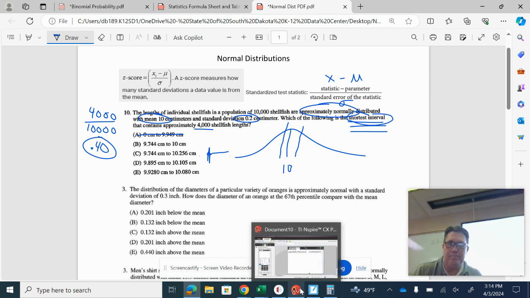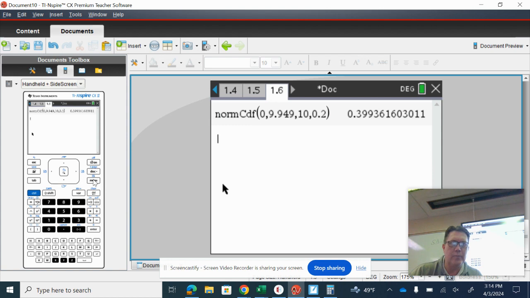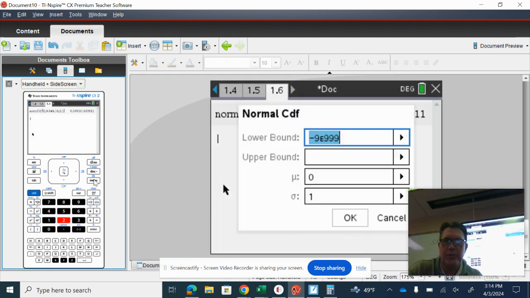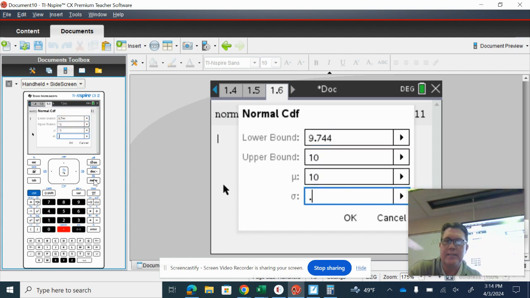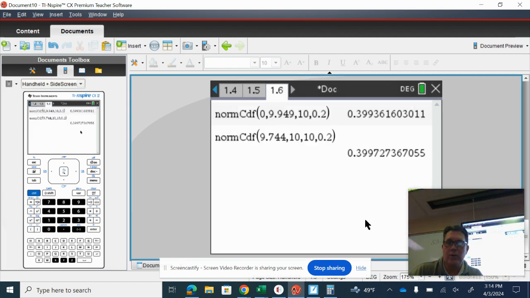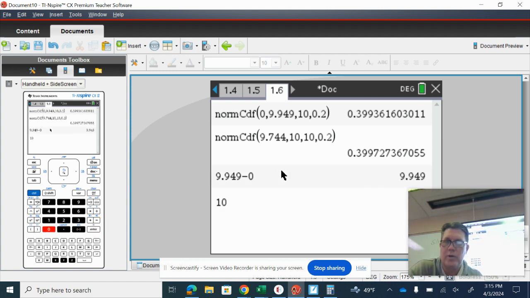If we do part B, and we go menu 6.5, we do number 2, 9.744 to 10, mean is 10 and standard deviation is 0.2, and we find that area, that's also about 40%. And that's a lot shorter because the first one, we take 9.949 and we subtract 0. We're looking at the distance away. That's 9 units difference. And this one is a lot shorter. It is 9.744, so it is